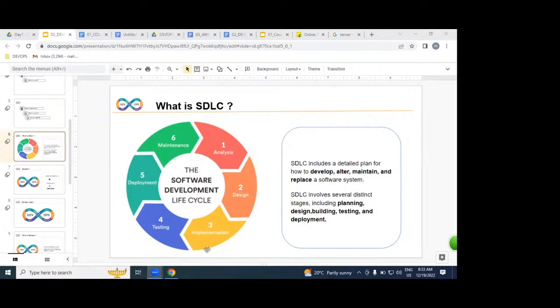Maybe developers are working on where? Developers are working on where exactly? In the implementation part. Testers are working on where? DB administrators, DevOps engineers, AWS engineers, Linux administrators, all together, we are going to be working in SDLC. By the end of the day,